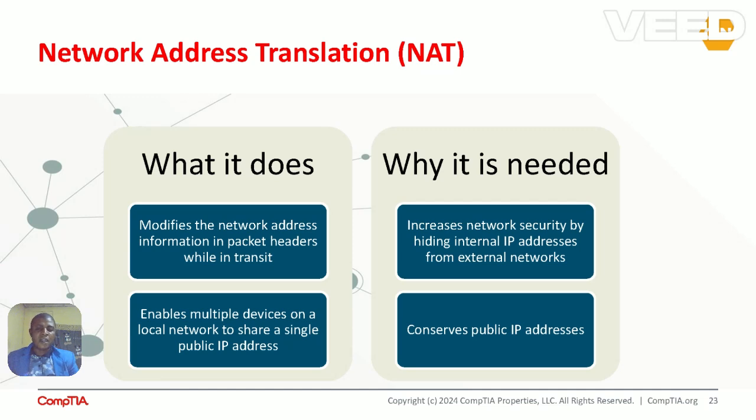So you never allow the public address to be wasted. A single public IP address can route 20 local or private IP addresses. So now you can see why it is needed and what it does. Moving to the next slide,